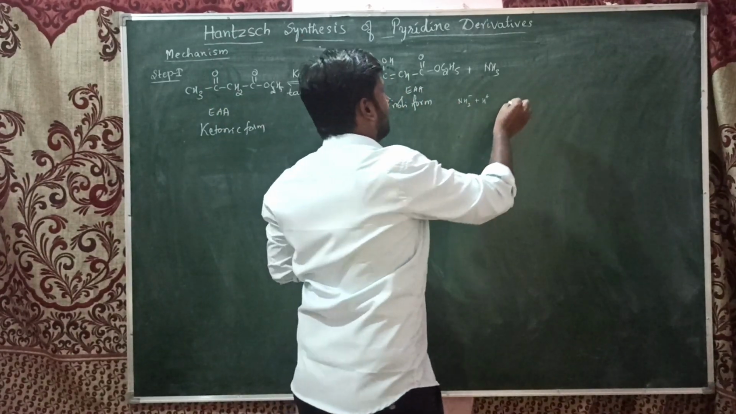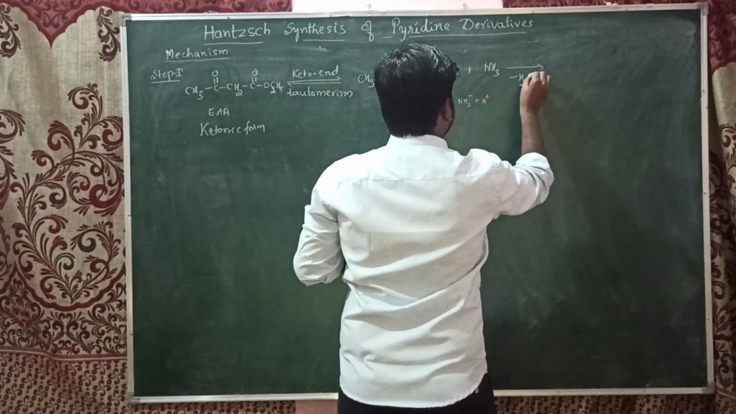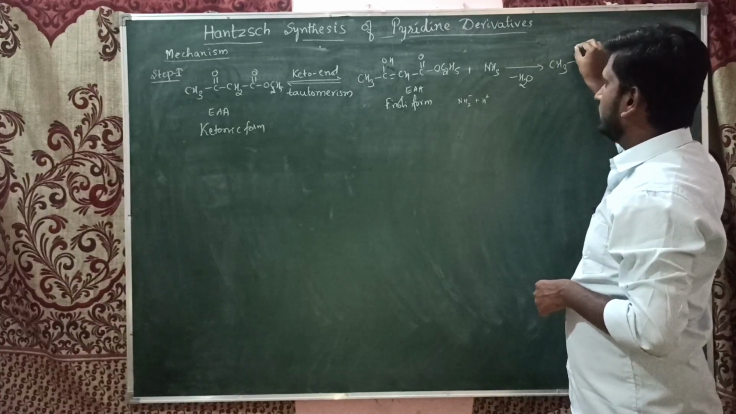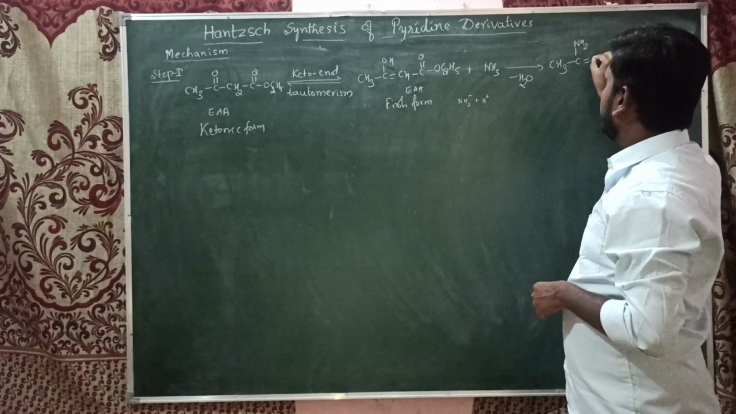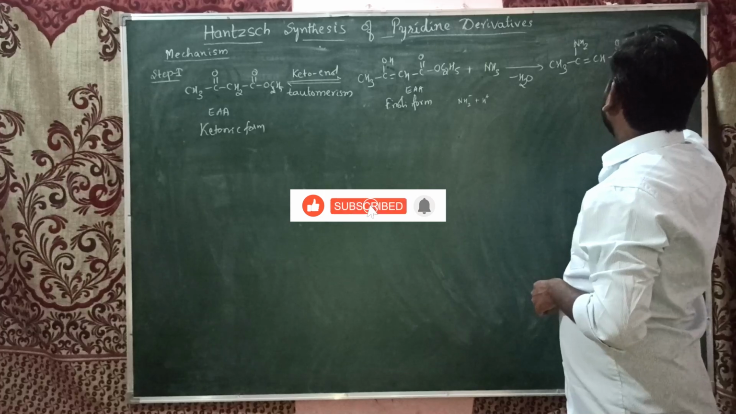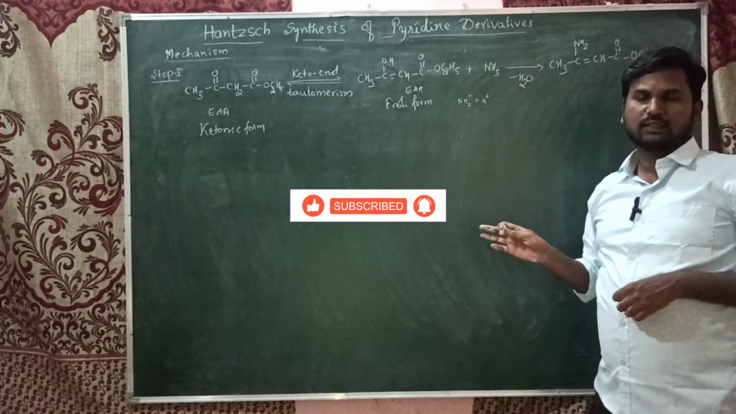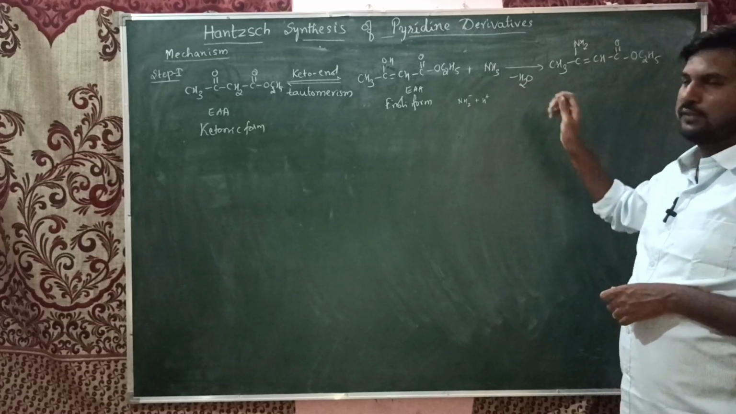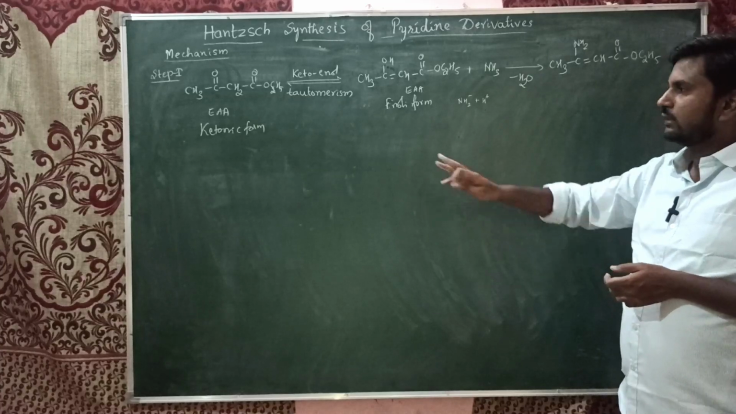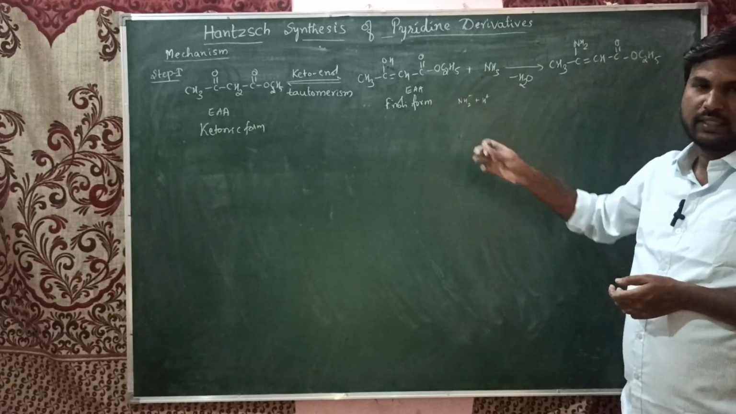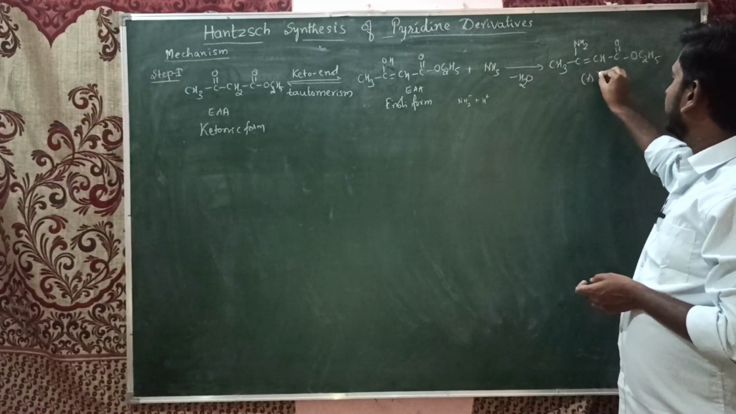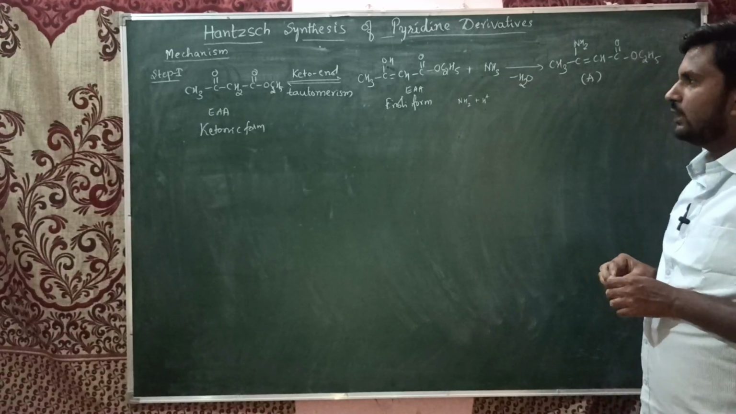That is also a condensation. So by eliminating water, I'm going to get CH3 C NH2 double bond CH CO OC2H5. Just like a substitution, but it is actually a condensation. We have removed water, and I just made it easier for you to understand. That's why the enolic form of the EAA has been taken. Let me call this A. And in the second step,